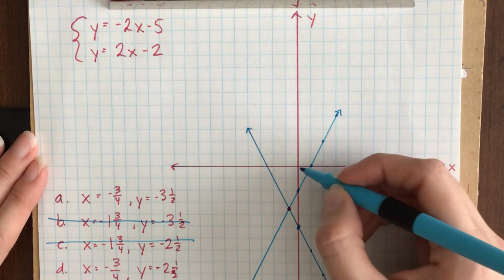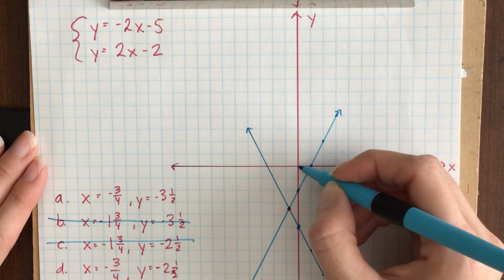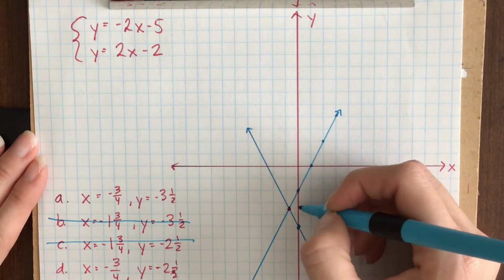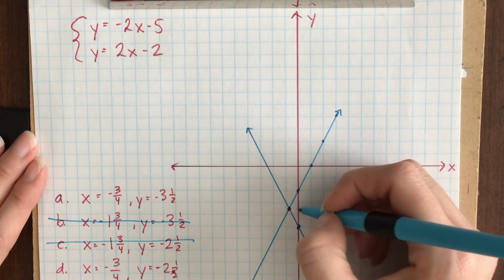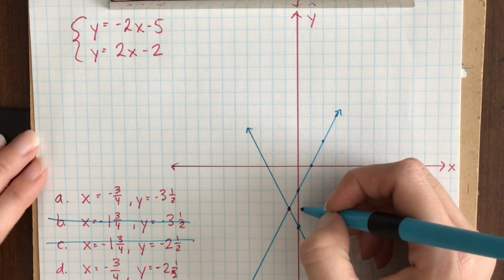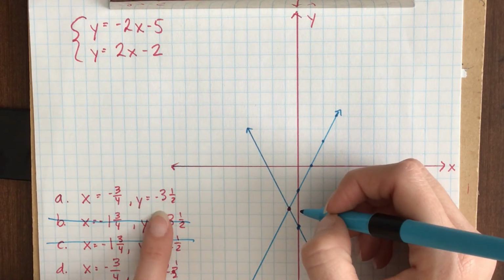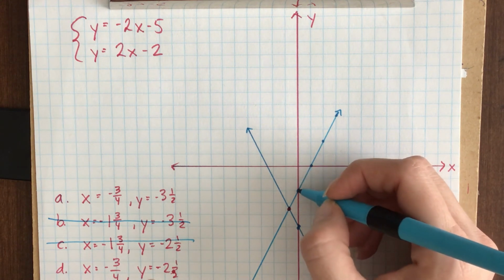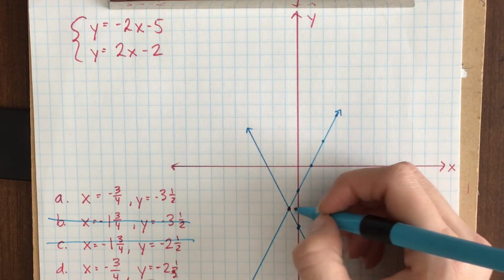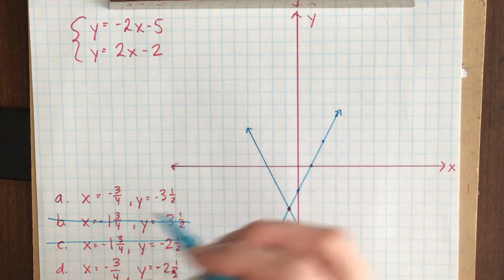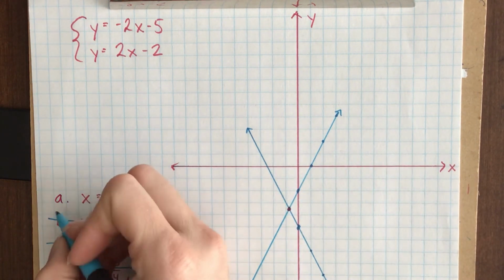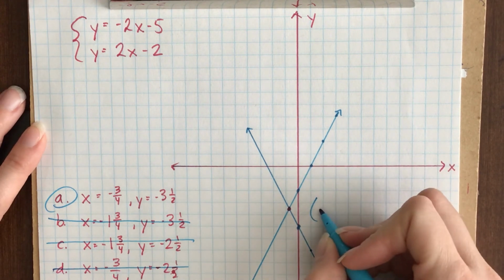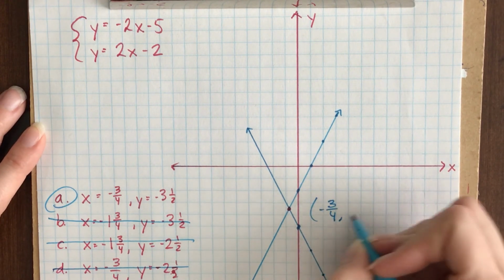Now let's look at our y coordinate. This is -1, -2, -3, and about halfway past. Okay, so I'm going to have to say it has to be A, because -2.5 would be -1, -2. It'd be right here. But you can see that point of intersection is right there. So I'm going to cross this out. I'm going to say that A has to be our solution. So we're going to estimate this as -3/4,